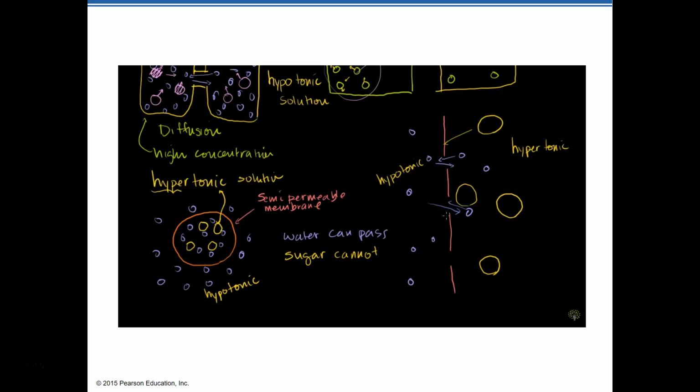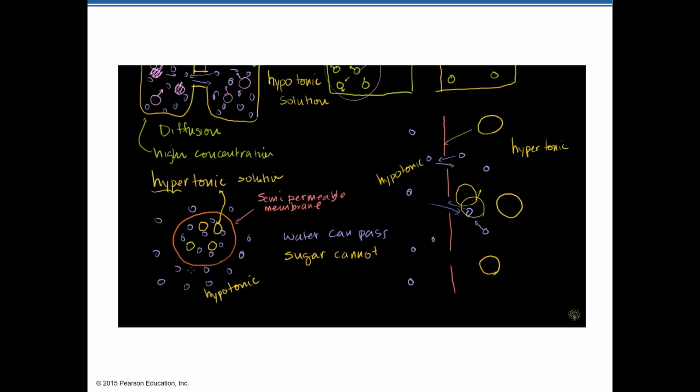And I want to make that very clear. If these sugar molecules were not here, obviously it's equally likely for water to go in either direction. Now that these sugar molecules are there, they might be blocking, I guess the best way to think about it is blocking the approach to the hole. They'll never be able to go through the hole themselves, and they might not even be blocking the hole, but they're going in some random direction. So if a water molecule was approaching, it's all probabilistic, and we're dealing with gazillions of molecules. It's that much more likely to be blocked from getting outside. But for the water molecules from the outside, there's nothing blocking them from getting in. So you're going to have a flow of water inside.